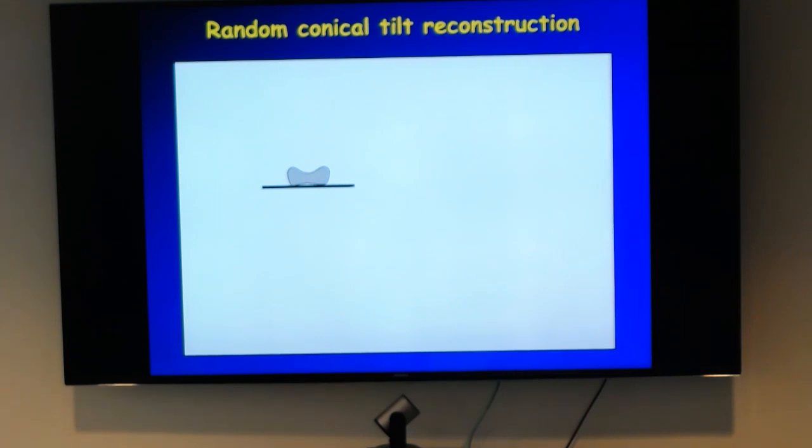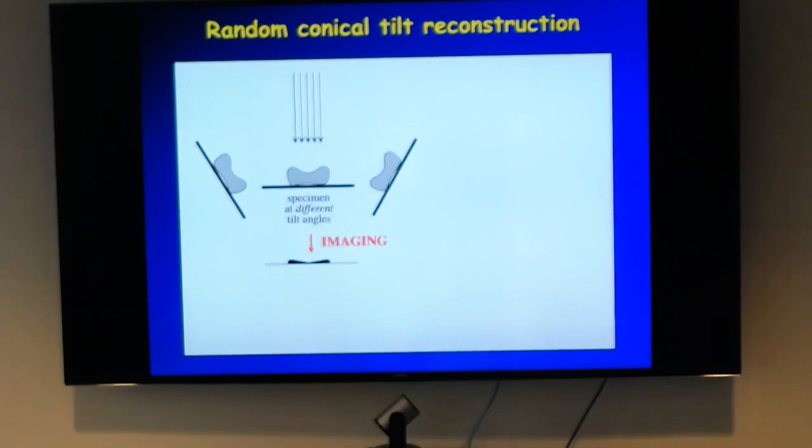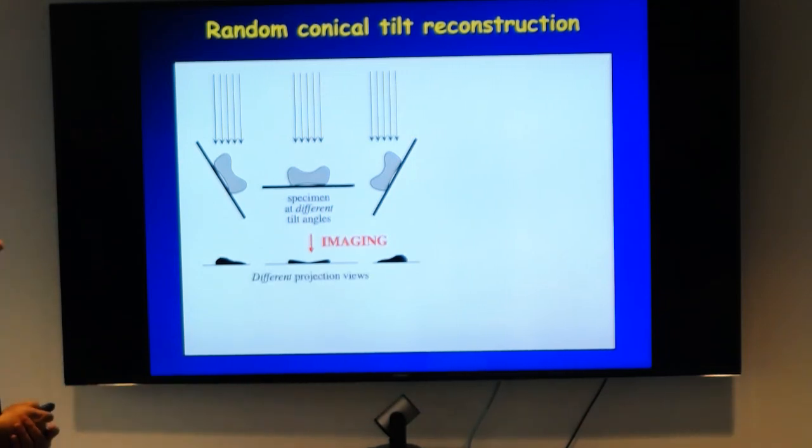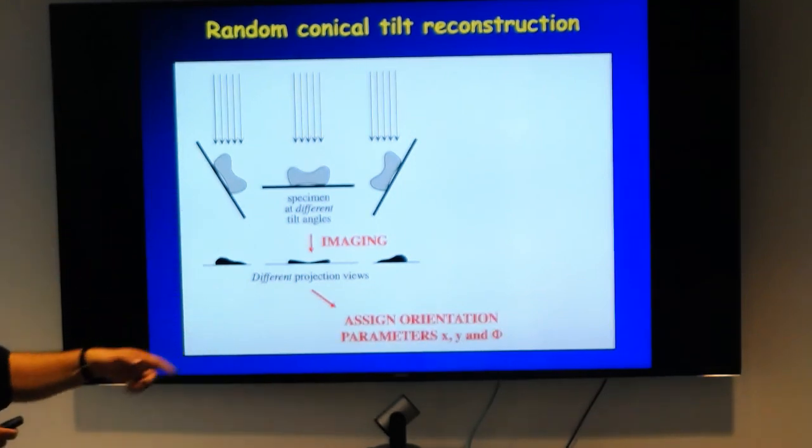So you know the orientation of your particle. And so you take an image and you get a projection image and you know what the orientation of that is. But now you can tilt to 60 degrees, and you take an image of these tilted images, and now you get different views and different projections of your molecule, of your sample. And so what you do is you align the orientation parameters to these different tilted views,